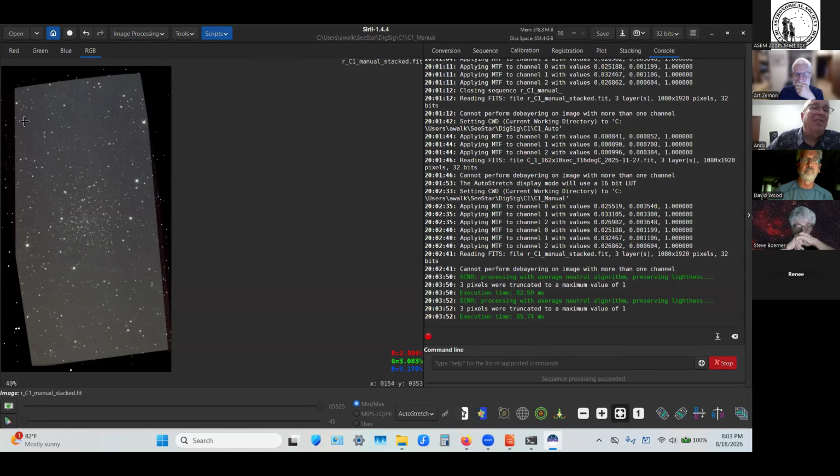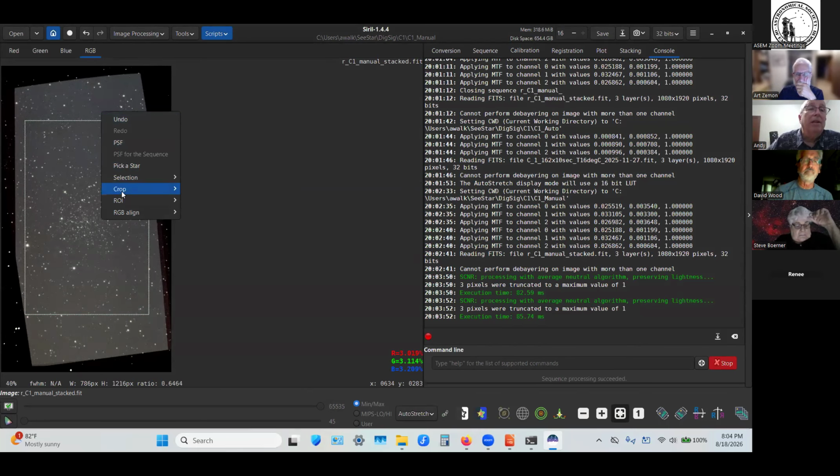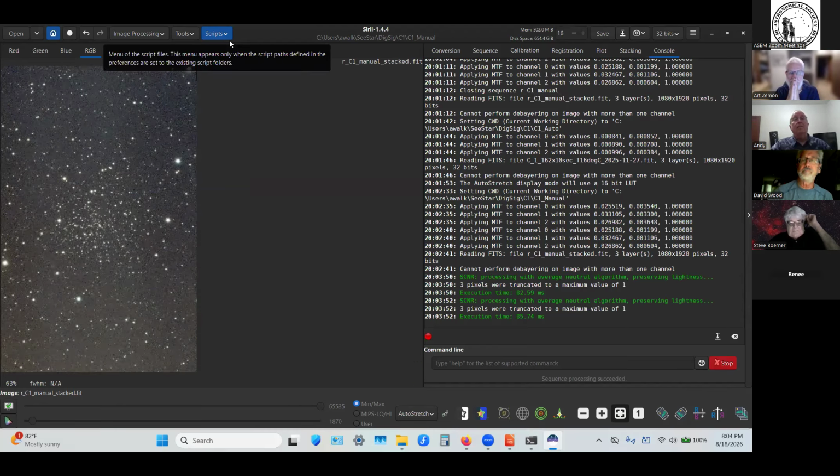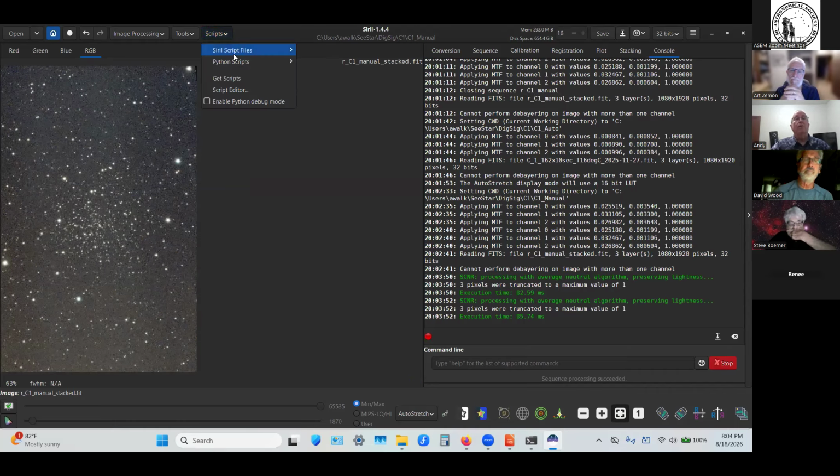But really the first thing is just make a selection, come in through here and crop this file, crop the image, and I'll hit crop. Okay. Now you can see there's still some of that gradient in there. So one of the nice things they have is that you can go to the scripts because you took the time out to